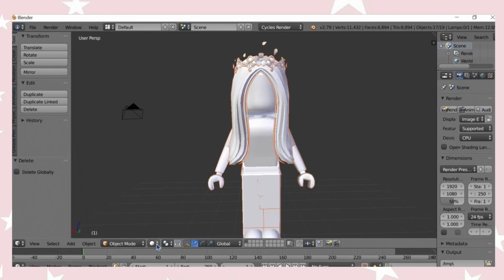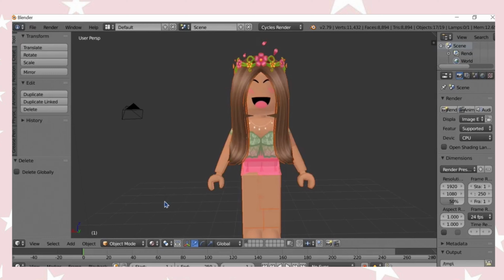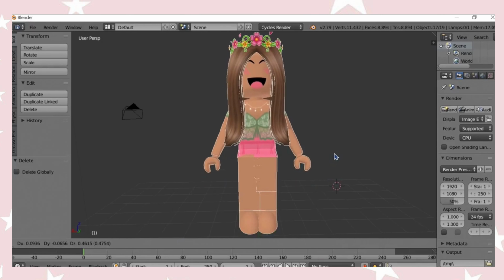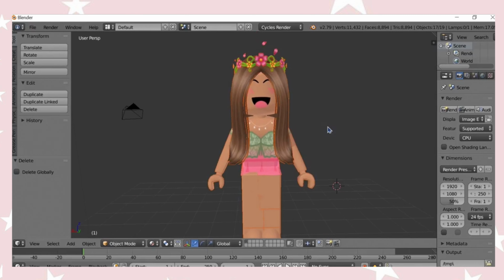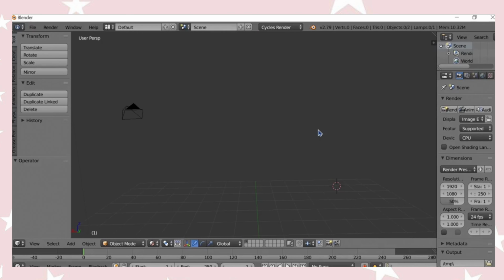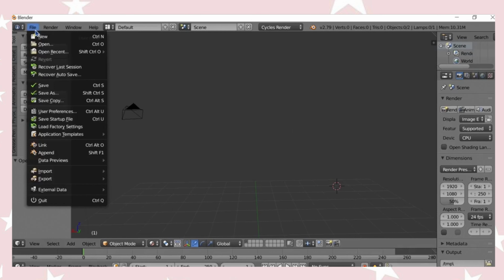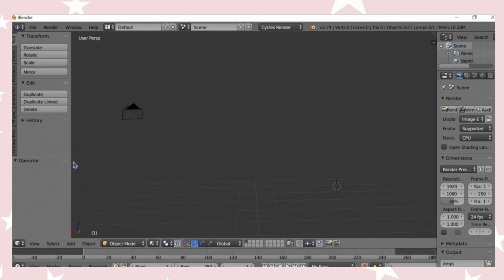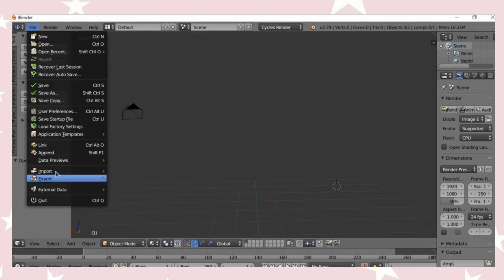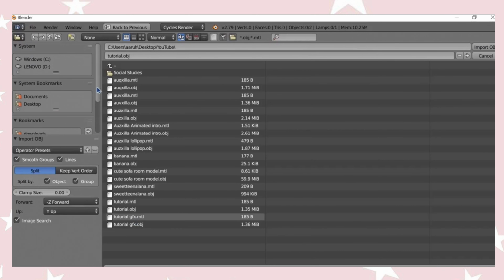So there's this white circle right here, and there's like two arrows next to it. Click on that and press material, and now it's colorful like your Roblox character again. Whoops. If you just want to undo anything, I didn't mean to do that, sorry. But if you just want to undo anything, just press Control Z. I accidentally pressed Control Z, but